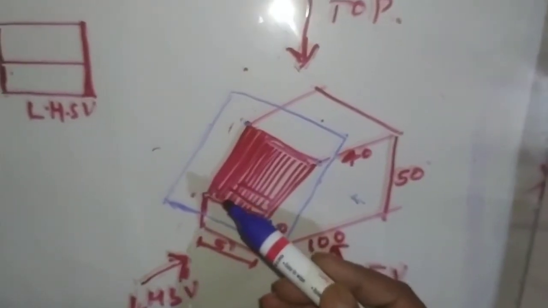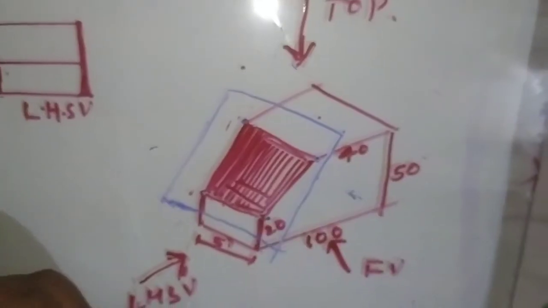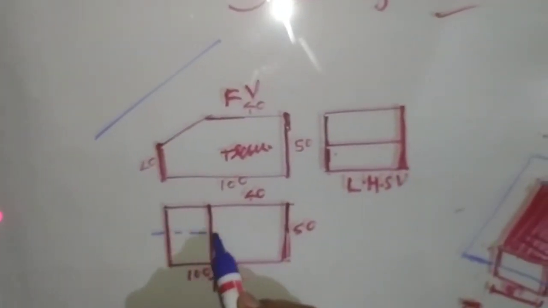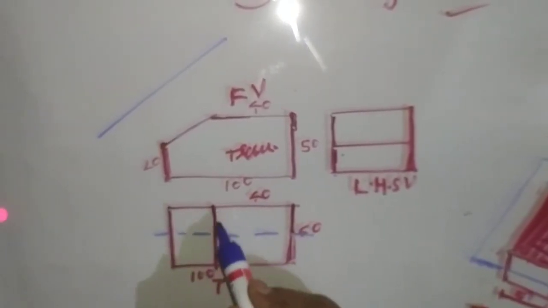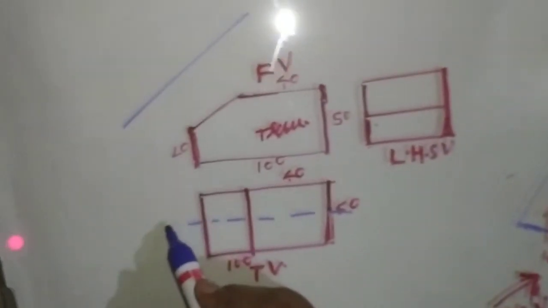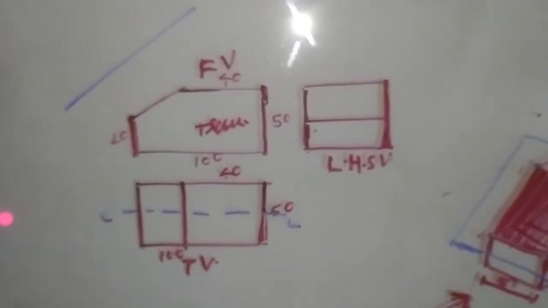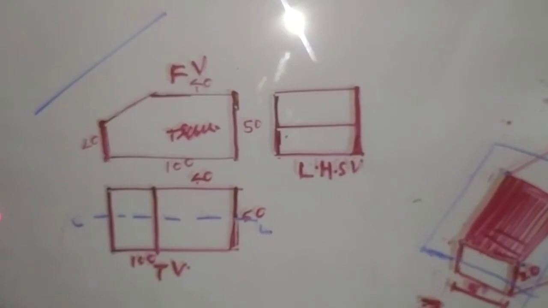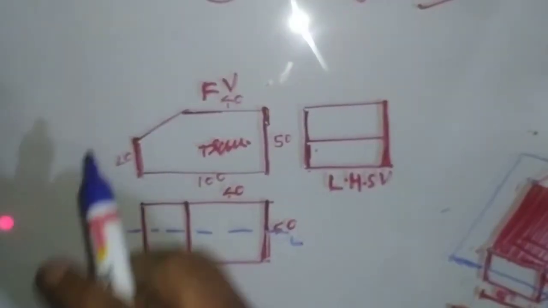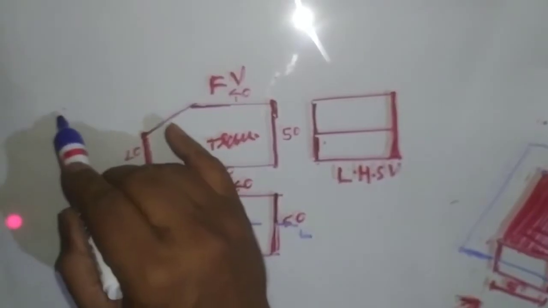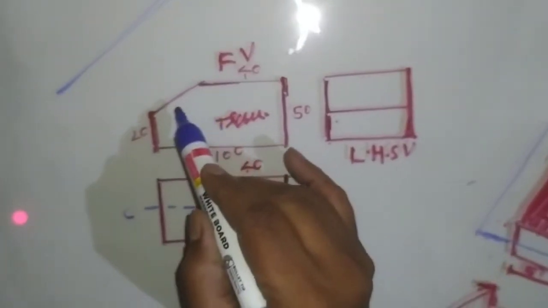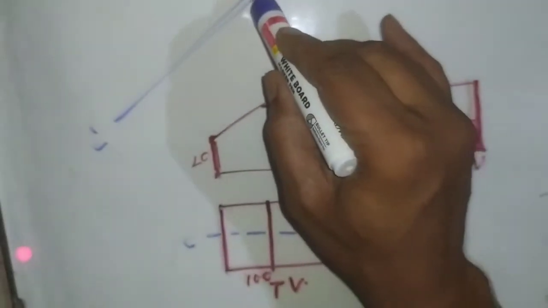Now, how to draw the true shape? First, we have studied this in the sections of solids. First, I will draw this center line here. Now, this length is a true length. We have seen these lengths are true lengths here. We have drawn the center line here, where I will draw the CL line. Now, I will draw this length parallel here. I will draw the line parallel to this line, that is the irregular surface. I will name it C dash L dash.